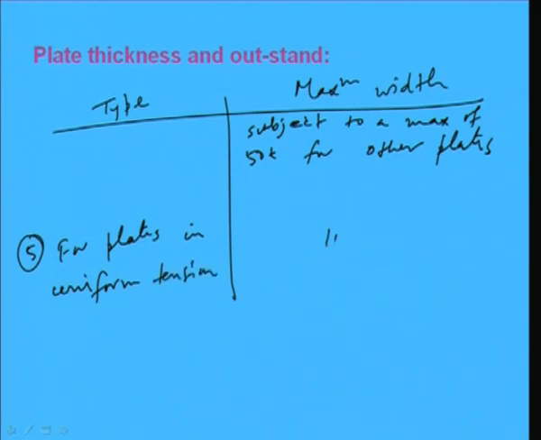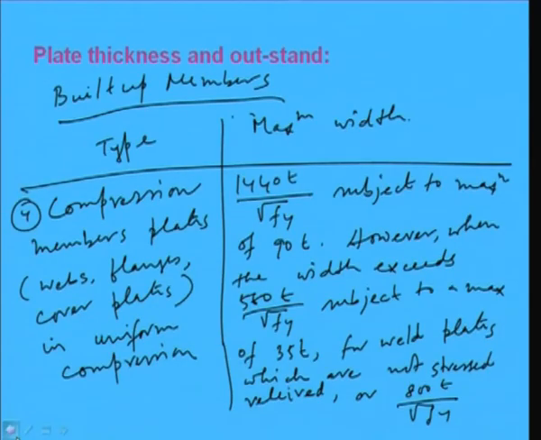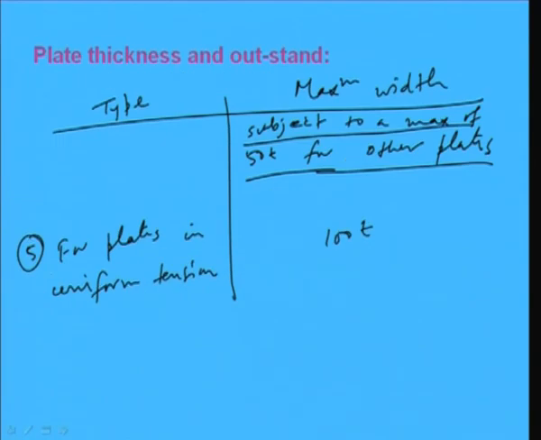For this case, this will be 100 T. So plate thickness and outstand depend on the type of plate, and for plates in uniform tension the maximum width can be taken as 100 T. So with these codal provisions we have to decide the thickness and width of the plate,